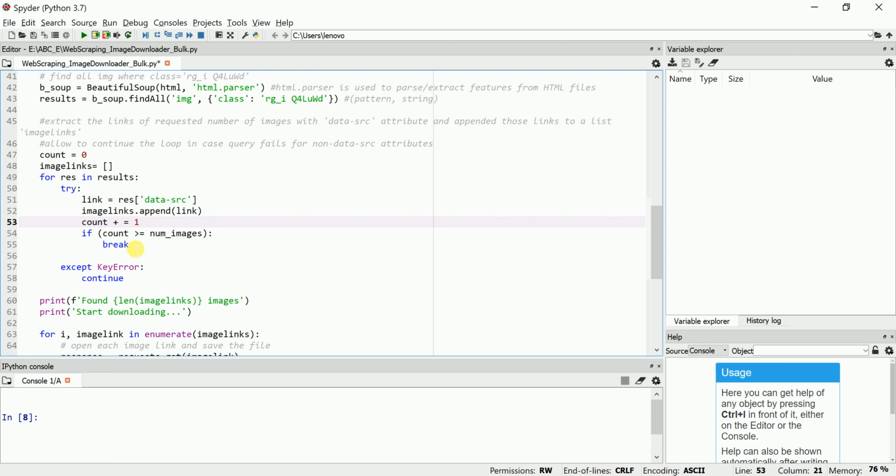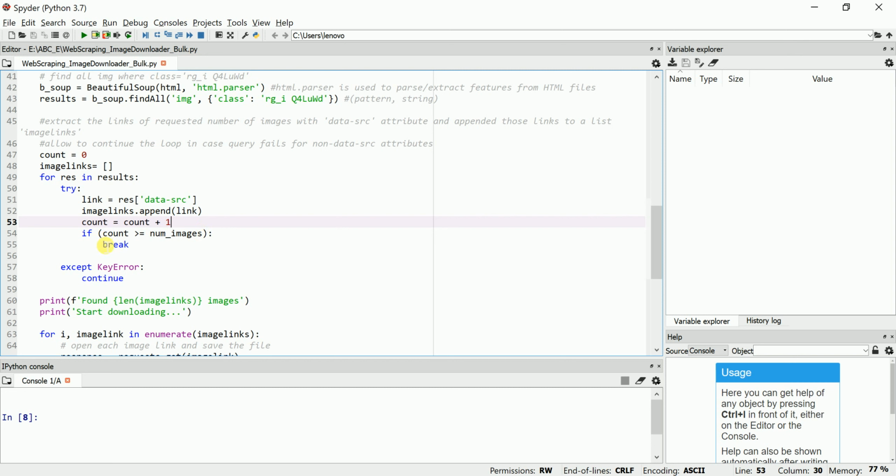If you write it separately, this will not work, this is not the syntax. This should be together, then only this code will work. Either you can write this, or you can write this. Both are the same.